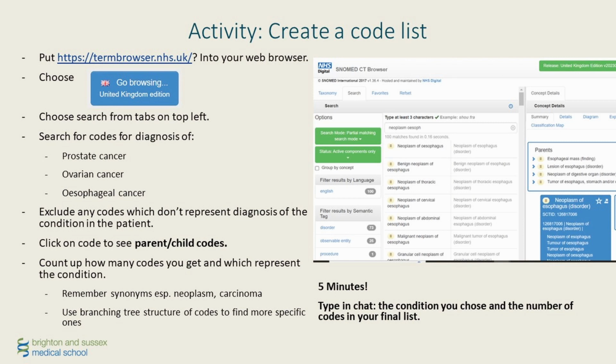And then if you can type in the text the disease you chose and the number of codes you think you found, which would represent that, as if you were making up a code list. Just the number of codes, you don't have to list them all. Just to help you familiarize with the concept of having to determine what's in and what's out. So now you are familiar with diabetes